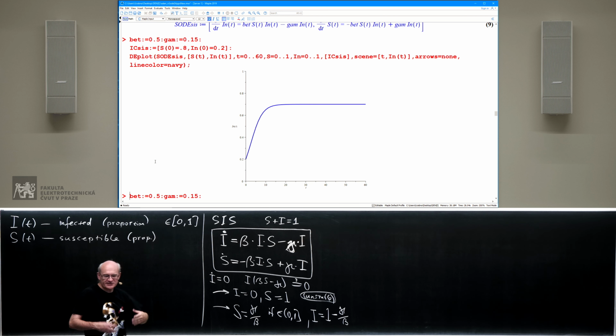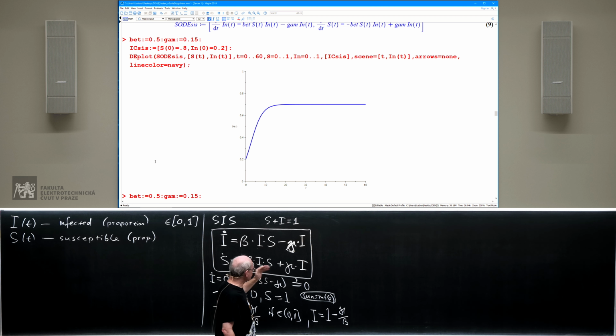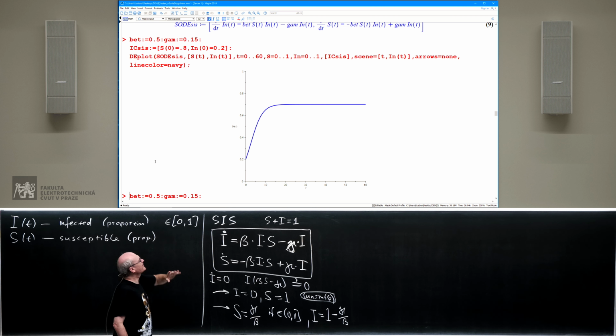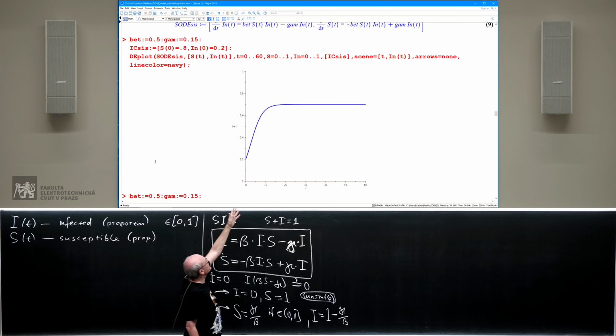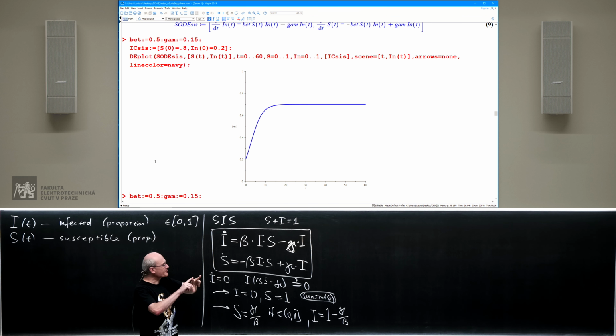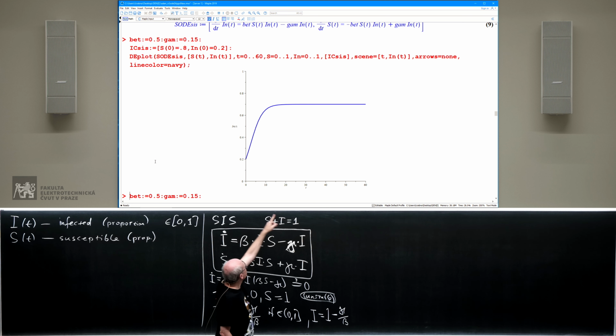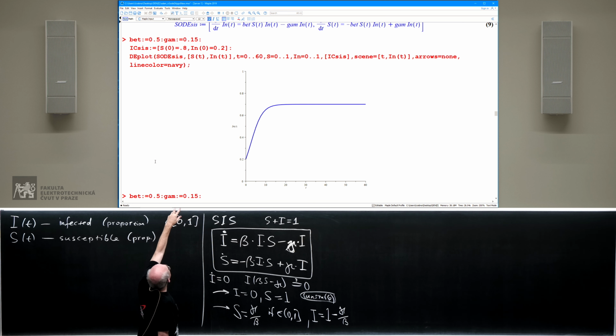Here we go. I chose some constants which I found in some medical journals. They are not constants of some particular disease, but I put them so that they are nice numbers, yet reasonable, close to some real-life diseases. And what we see here, again, we have to be careful. We have three quantities now: time, the number of infected people, the number of susceptible people. And we can only choose two quantities to show in the same picture. So we have time on the horizontal axis, and on the vertical axis, I can see the number of infected